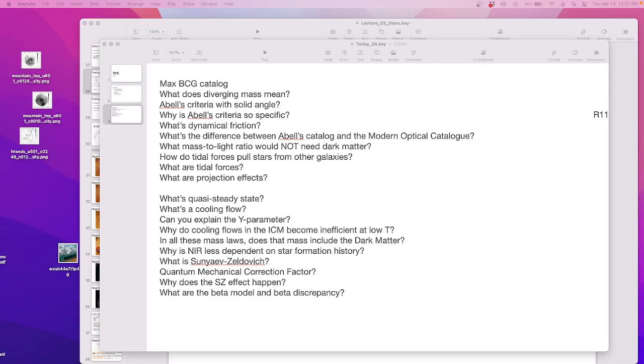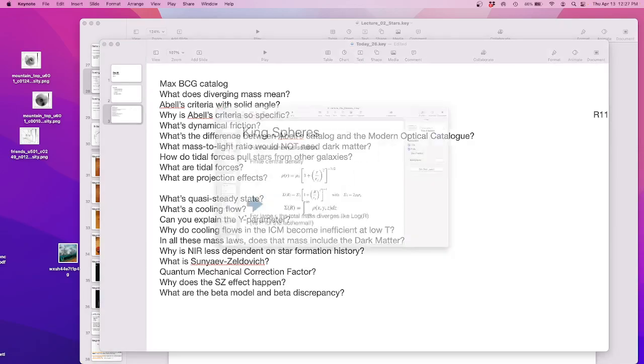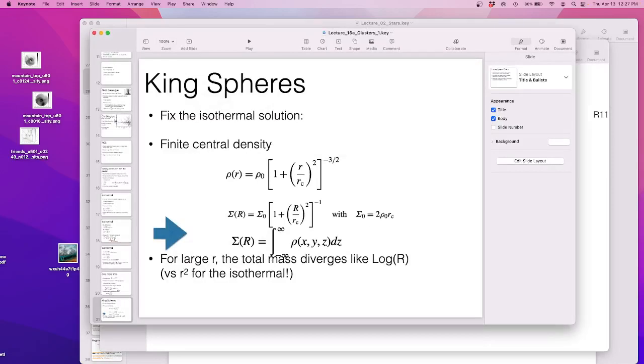Clusters. So clusters are cool because they're the biggest objects in the universe. And being the biggest objects in the universe,